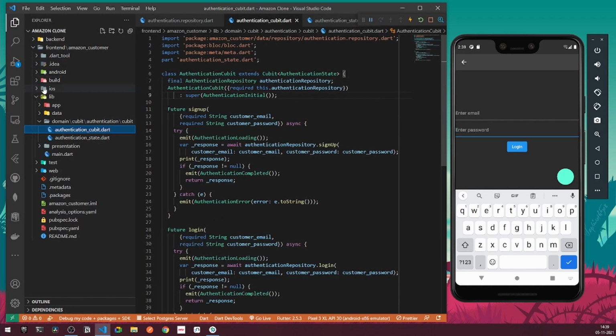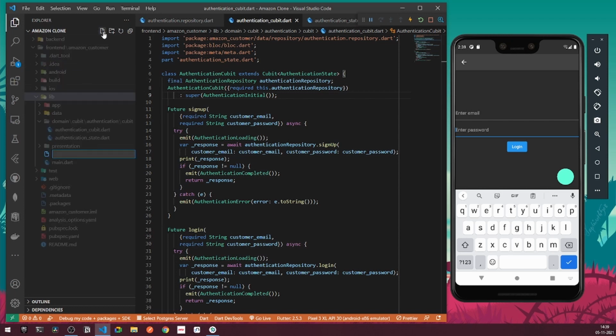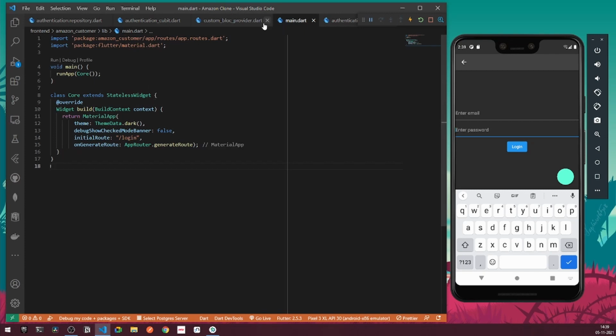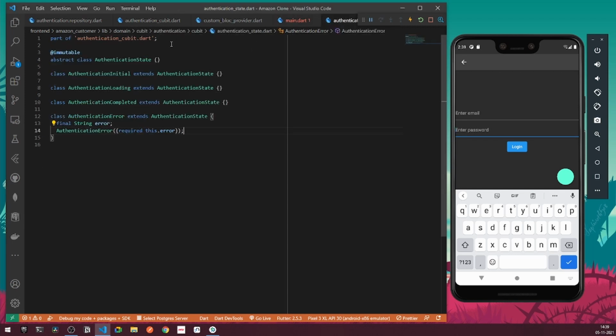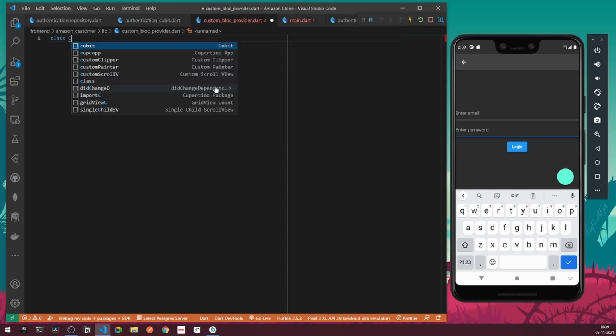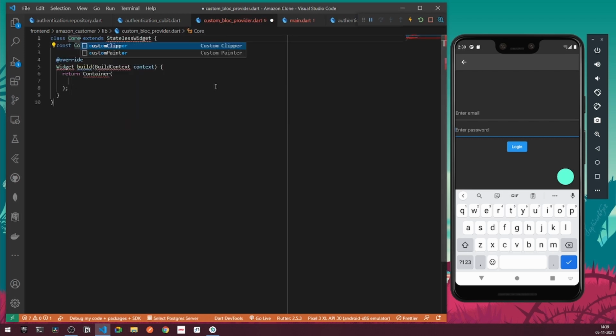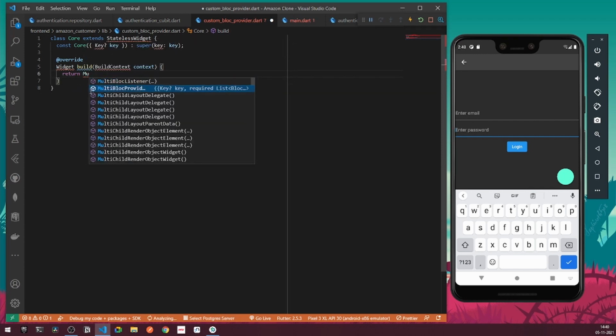So right now what we need to do, we can go under our library, and here I'll be creating a new file for all the custom blocs. Now if you have seen the previous video, that is the bloc video, you better know what bloc providers are. So I can simply say custom_bloc_provider.dart. Under this, what I can do, I can go under my main.dart and I can have my new class there. So I'll change the following Core class to Lava for now. And what we can do, here I'll be creating a new class for all the core, right? So here I can simply instantiate a new core just like this. And the following return statement will be not returning a container, but a MultiBlocProvider, right?